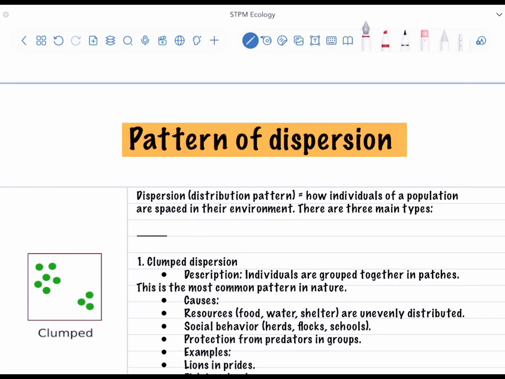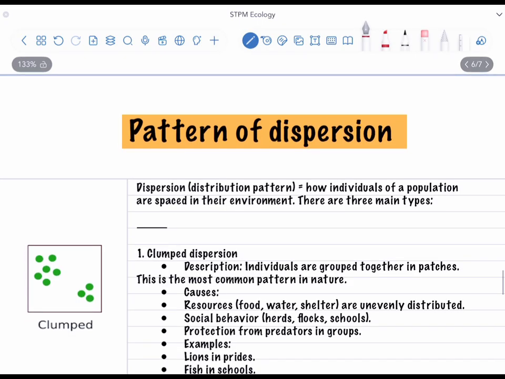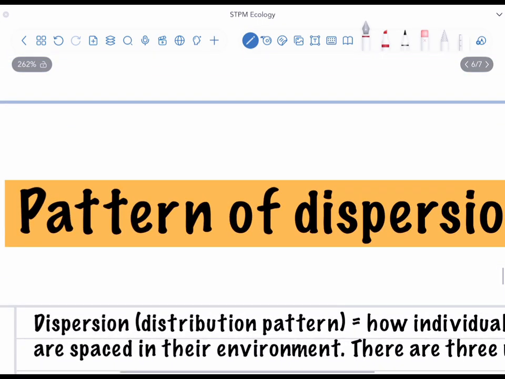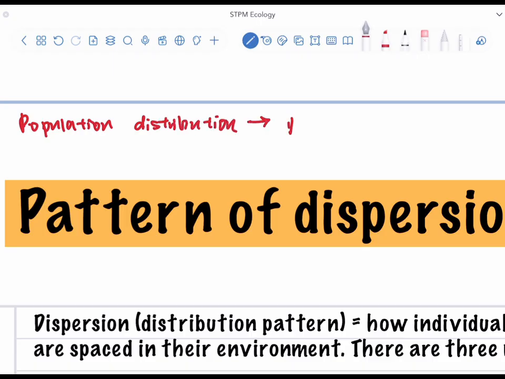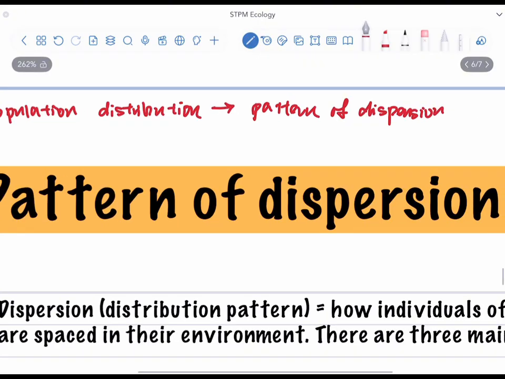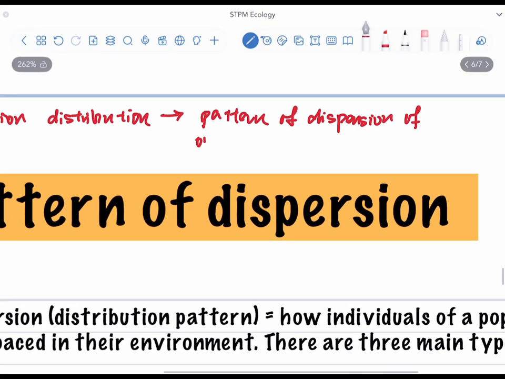So this will be the last part of the video where we are going to learn what is the pattern of dispersion. In this topic, we are going to learn there are 3 types of patterns of dispersion. First of all, you need to understand what a population distribution means. So population distribution is referring to the pattern of the dispersions of organisms